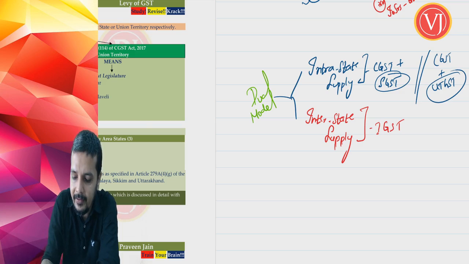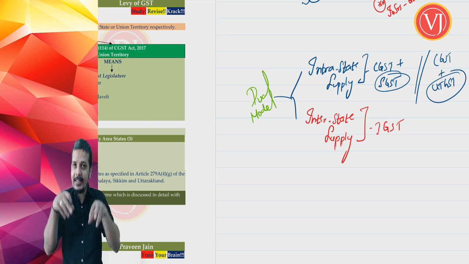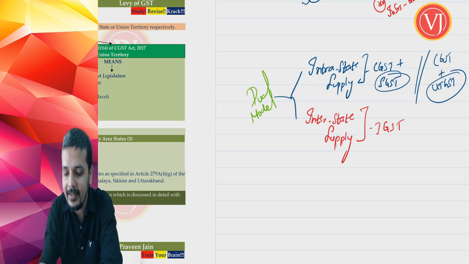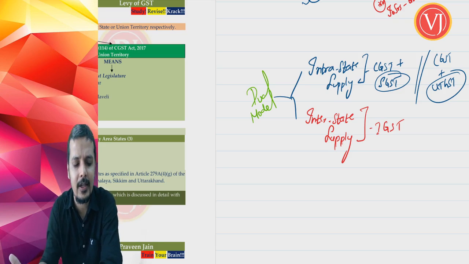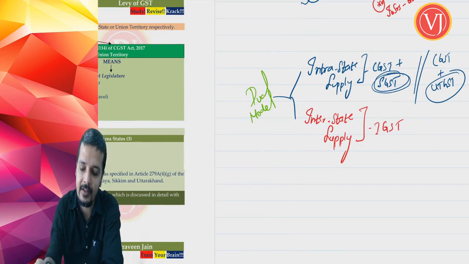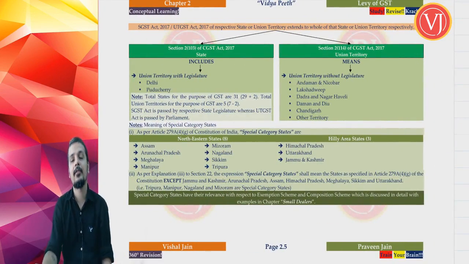You have to replace the state with union territory. There's no difference. If it is an intra-state supply within the state, it is CGST plus SGST. If it is an intra-state supply within the union territory, it is CGST plus UTGST, Union Territory GST. So when you are talking about SGST or UTGST, you should know what is state for the purposes